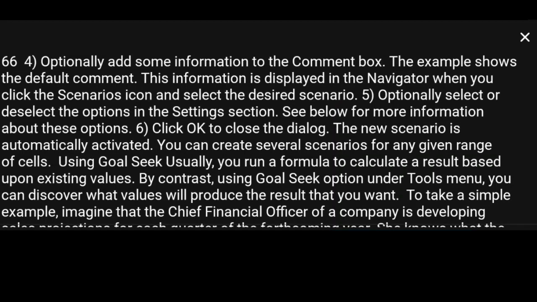GoalSeek example. To calculate annual interest, I create a table with the values for the capital C, number of years N, and interest rate R. The formula is I = C * N * R. Let us assume that the interest rate R of 7.5% and the number of years N, 1, will remain constant. However, you want to know how much the investment capital C would have to be modified in order to attain a particular return I. For this example, calculate how much capital C would be required if you want an annual